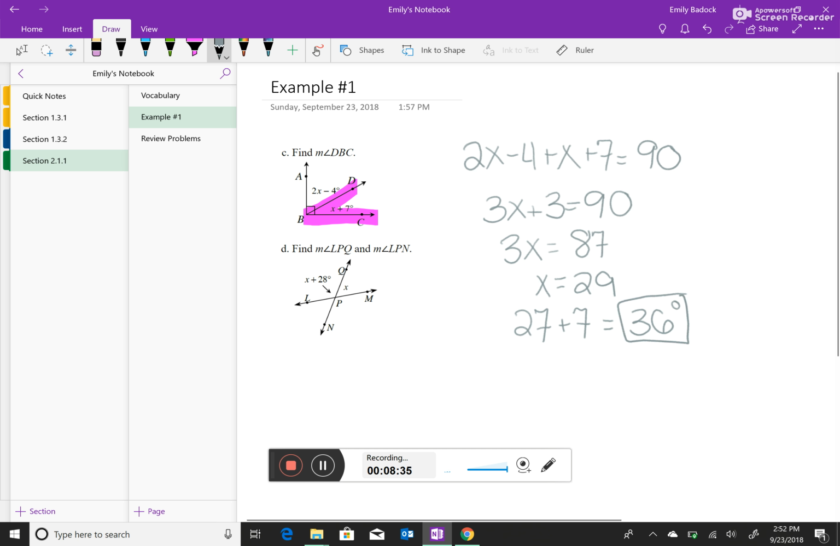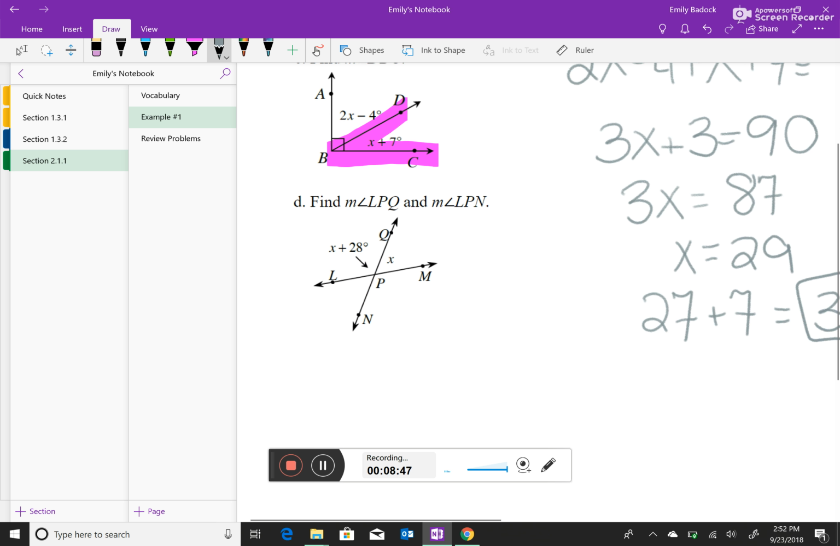You can always go back and double check your work by plugging x in for both of those angles, adding those angles up, and making sure that they equal 90 degrees. So that was the first question. The next one asks us to find